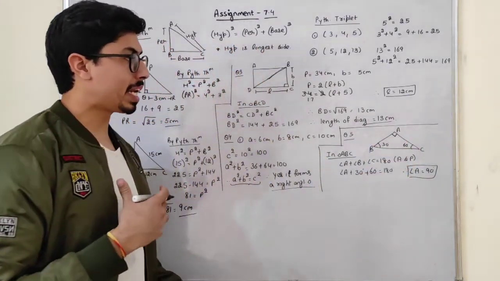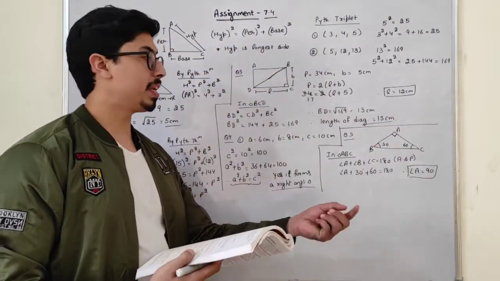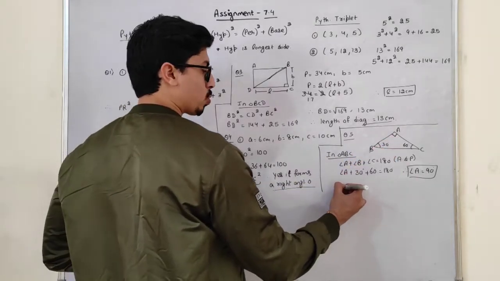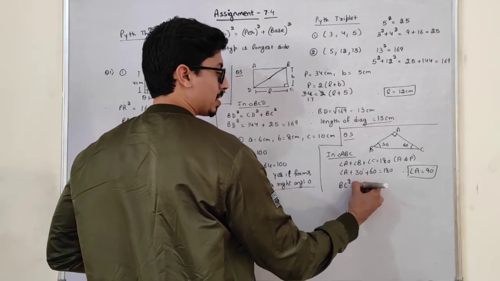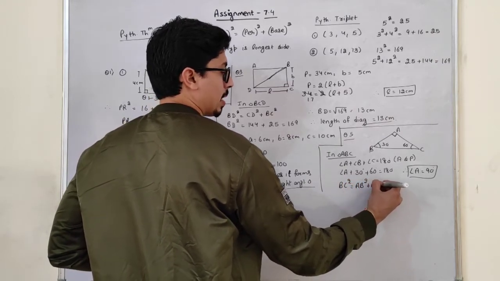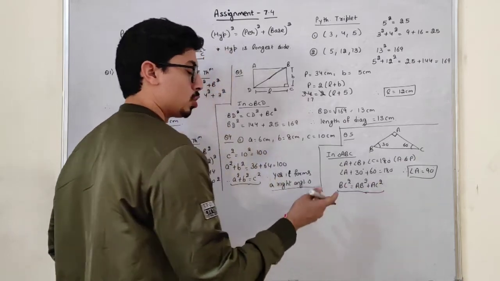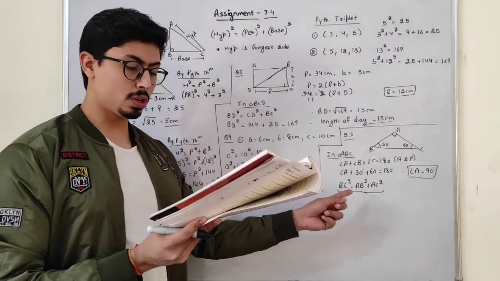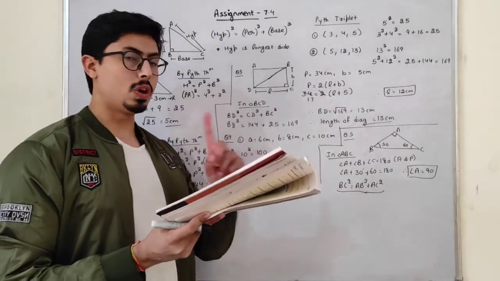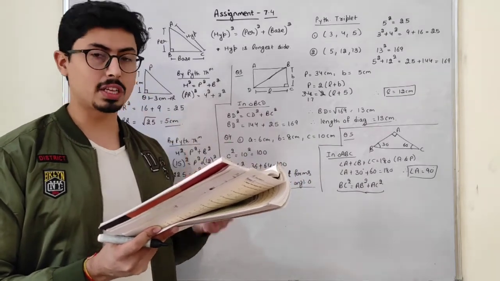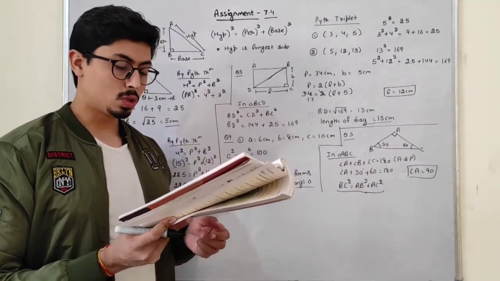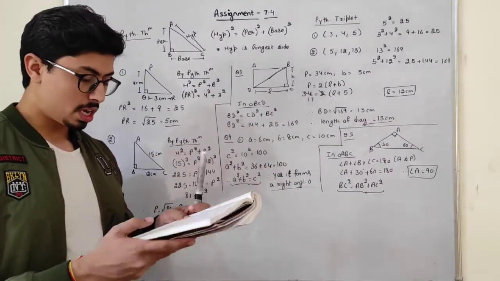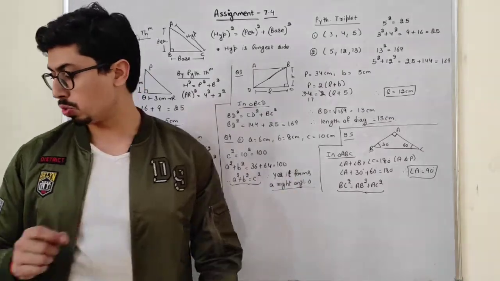So students, we can apply the Pythagoras property here that, see, side opposite to the right angle is BC square. So BC square is equals to AB square plus AC square by Pythagoras theorem. So this is true. So students, only the first part is true. First part is that is BC square is equals to AB square plus AC square. So only first part is true. So the remaining second part and the third part are not equal. Okay. So first part is only true. Others are false, students.